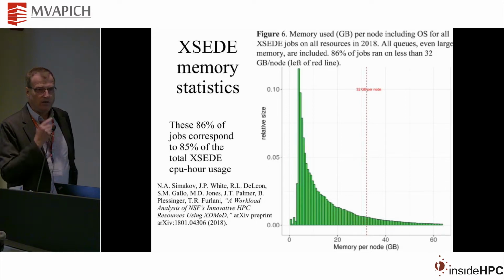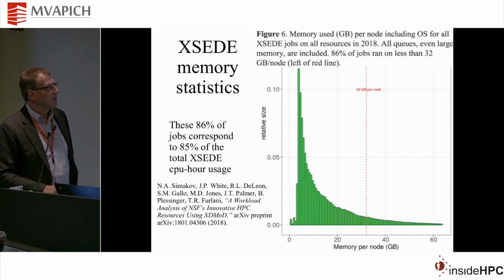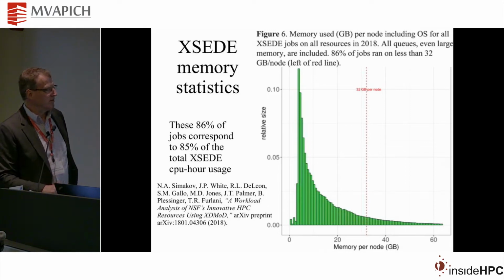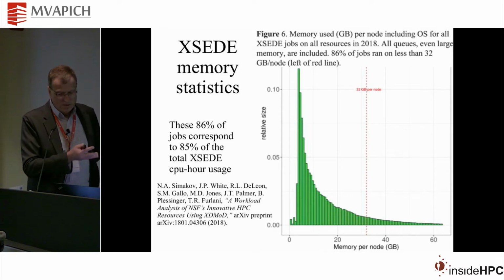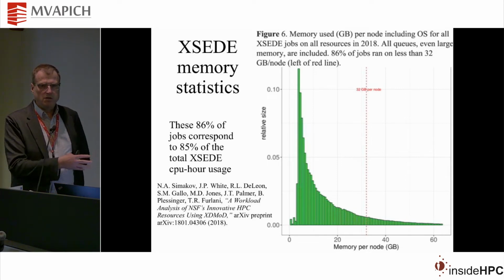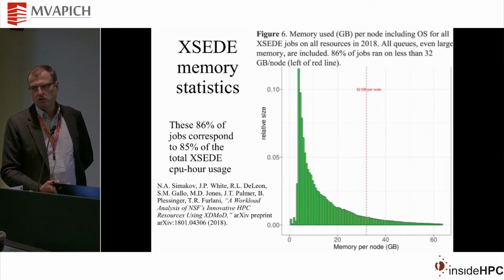Those jobs can fit, including the OS and file buffers and everything, into 32 gig. Now, of course, that's squeezing in. You might need a little space in order to get robustness and everything. But this is an extremely indicative statistic when thinking about how much of XSEDE's workflow can fit not just onto this machine, but what the XSEDE hardware ecosystem should actually look like.